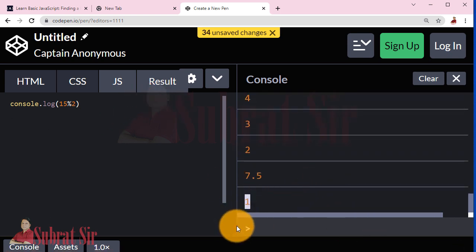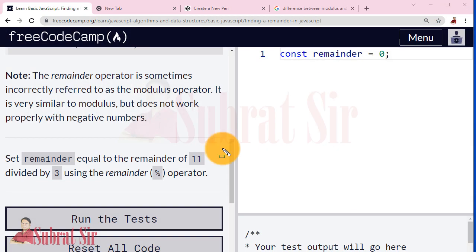So we get 1. So we will get the remainder when we divide 15 modulus 2. Here it is saying that modulus and remainder are not equal, right? But most people incorrectly refer to remainder as modulus.